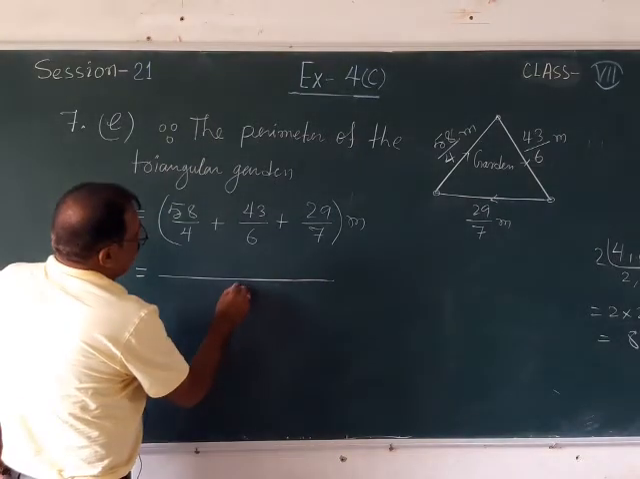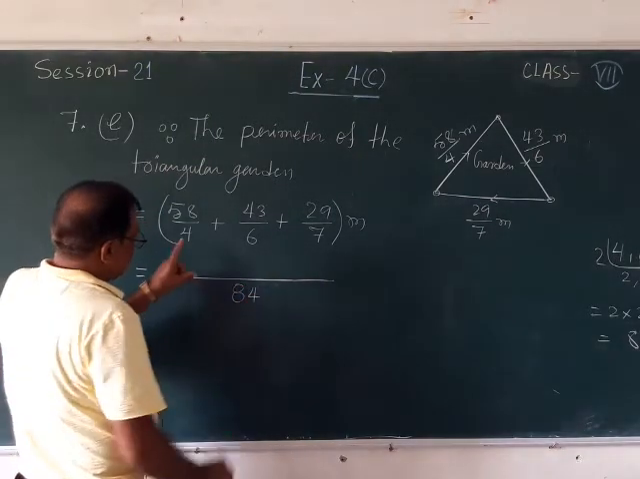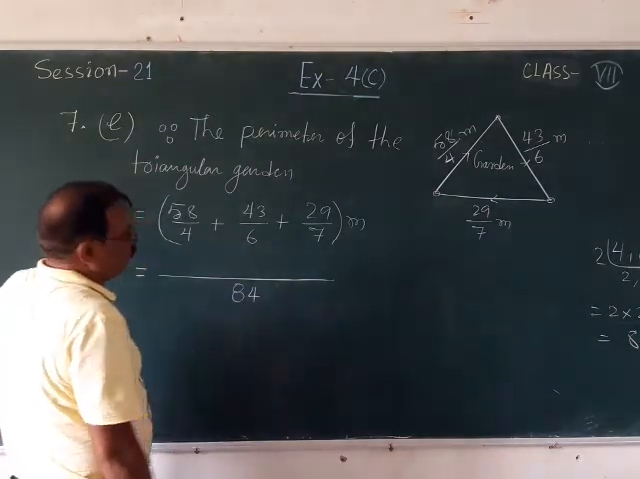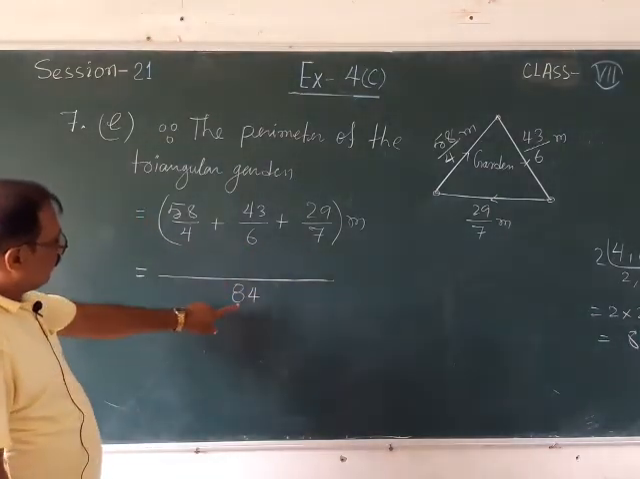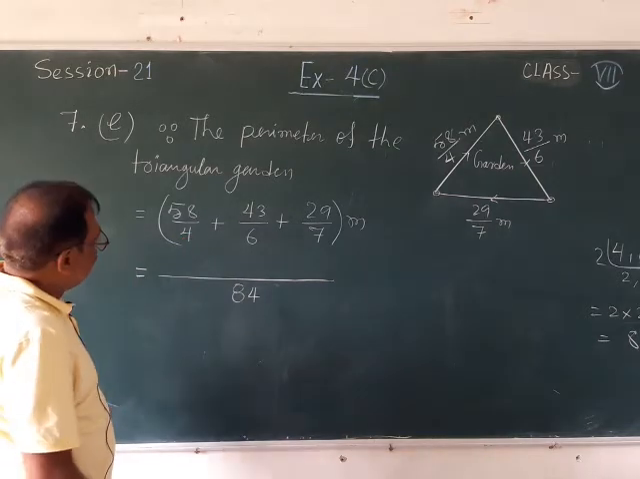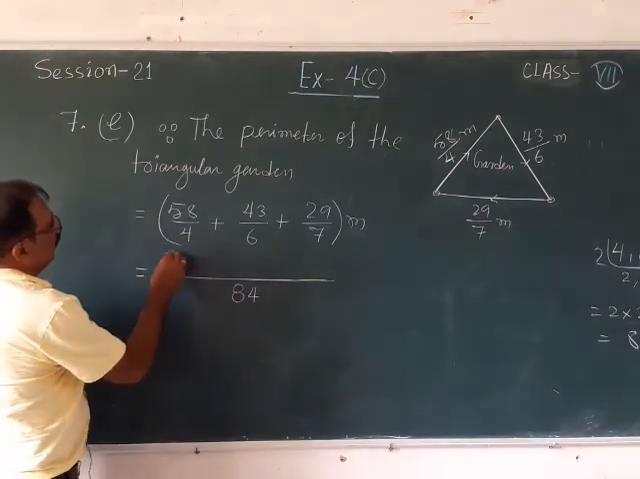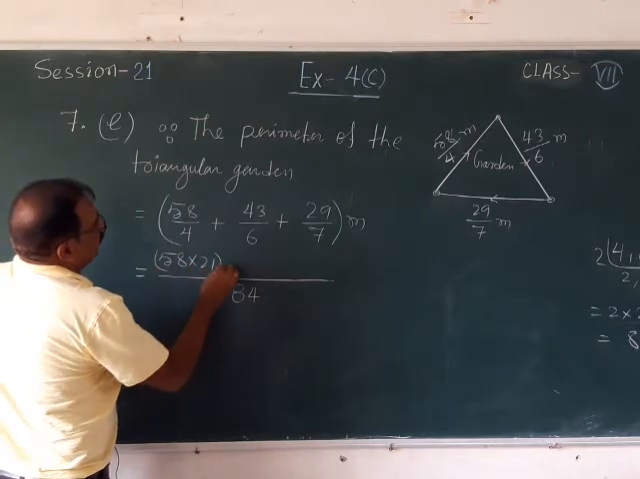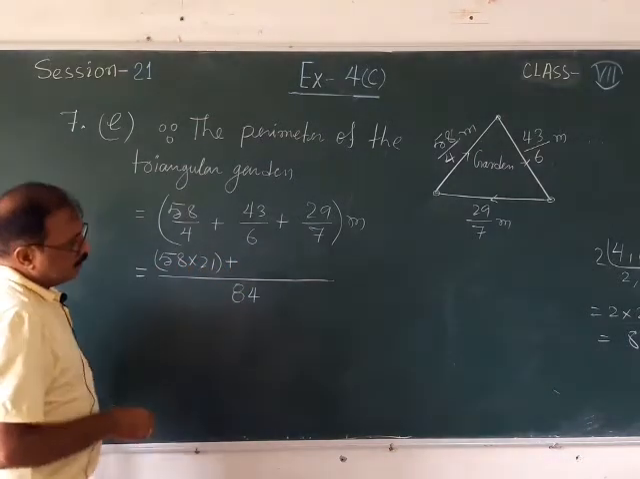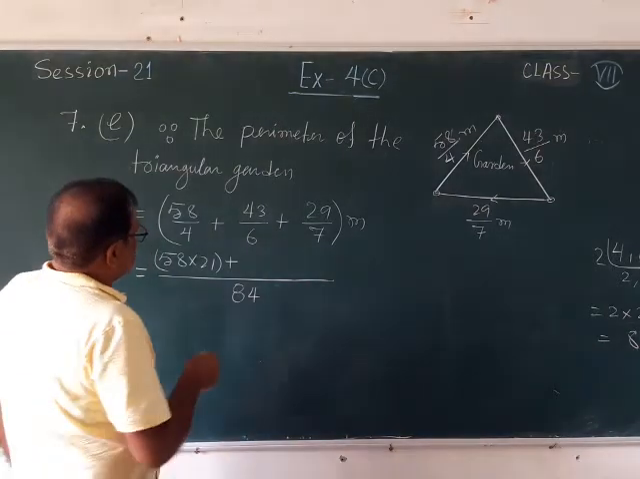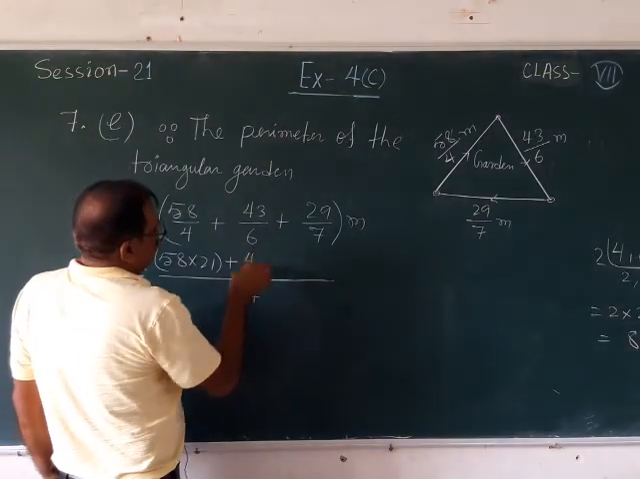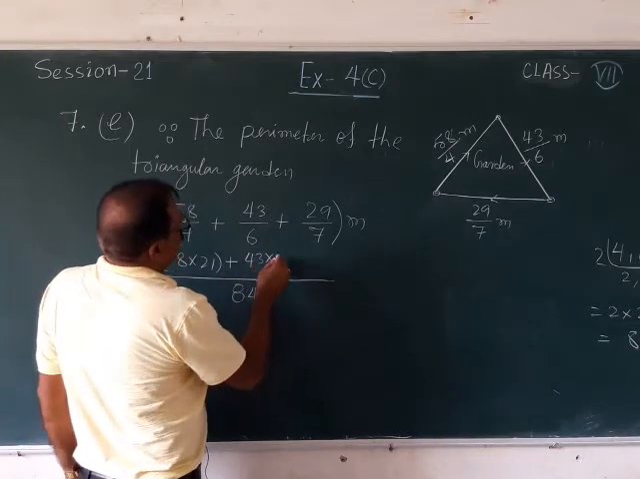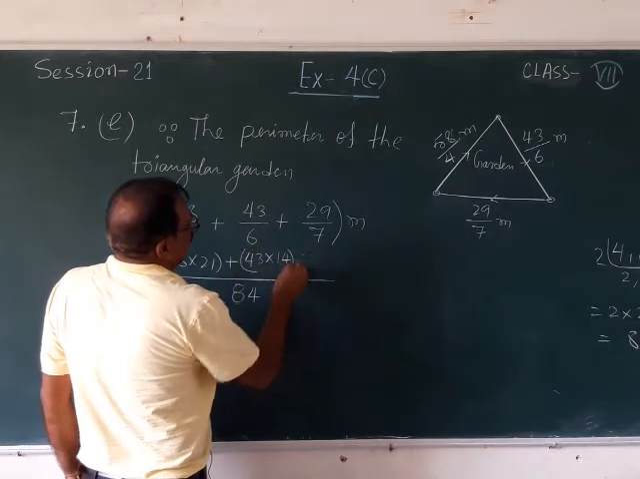So the LCM is coming 84. LCM of 4, 6 and 7 is coming 84. Now if you will divide this 84 by 4, it will be 21. So here you will write 58 into 21 and then plus, again you will divide by 6. Then if you will divide 84 by 6, you will have 14. So 43 into 14, and